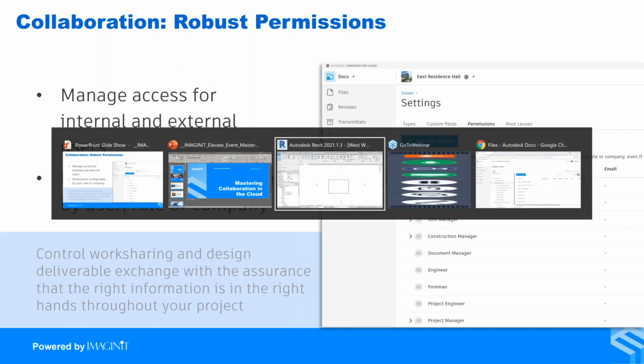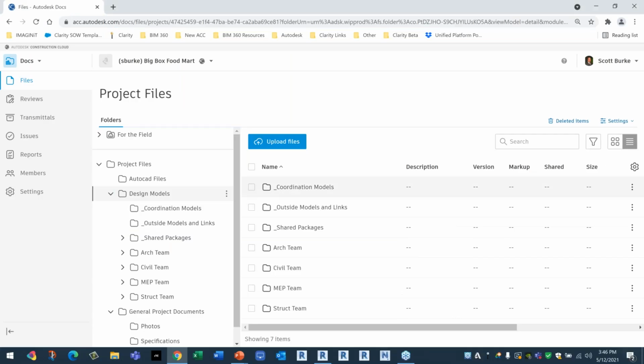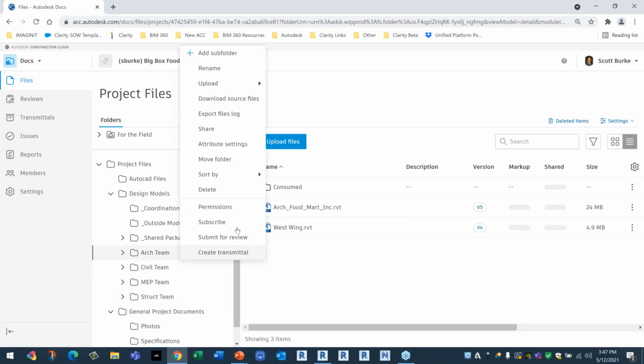So if we actually jump into the solution here, I'm now in the BIM 360 Docs area, as you can see here. That's where everything starts. And I set up a folder structure that works for my project. The folder structure is up to you, whatever you want to use here. So I've created my folders for my architectural team, my civil team, my MEP team, and my structural team. If I look at the architectural team and I go to the permissions here,